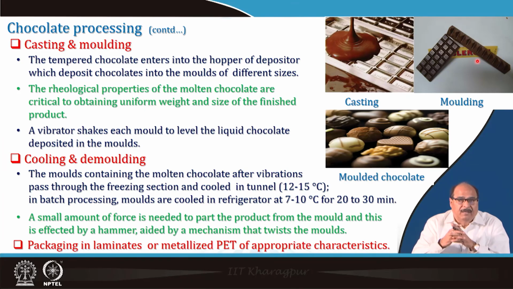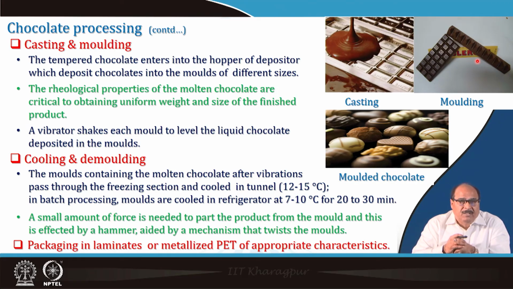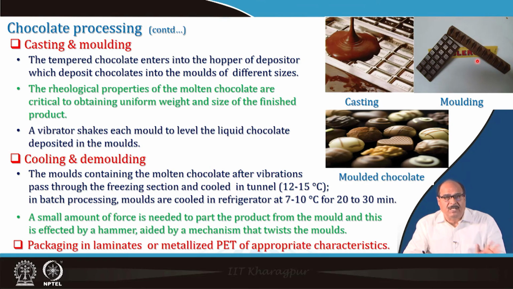Then finally, the casting and molding. You can see here in the figure, casting, molding and finally molded chocolate, which gives the chocolate the desired shape. The tempered chocolate enters the hopper of the depositor, which deposits chocolates into molds of different sizes. The rheological properties of the molten chocolates are critical to obtaining uniform weight and size of the finished product. A vibrator shaker